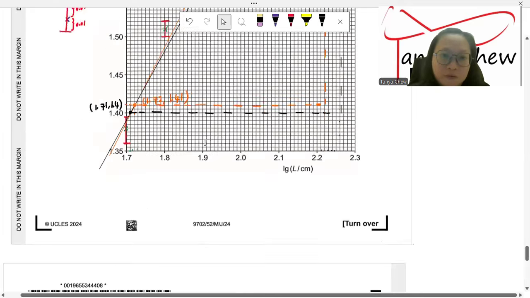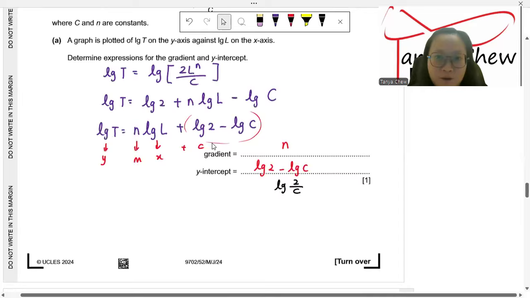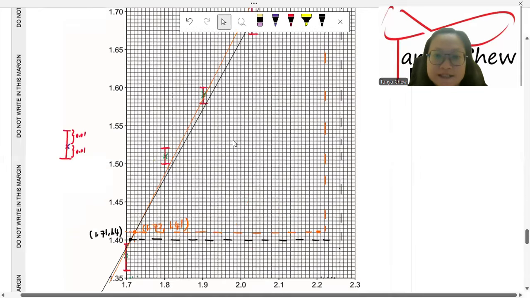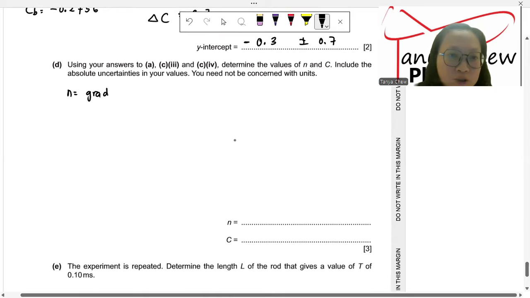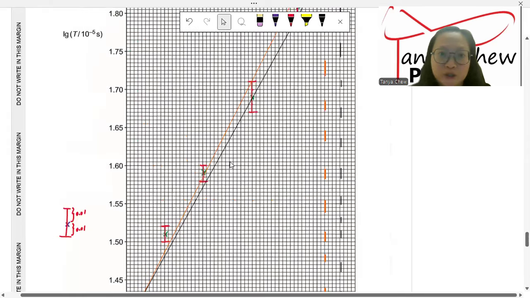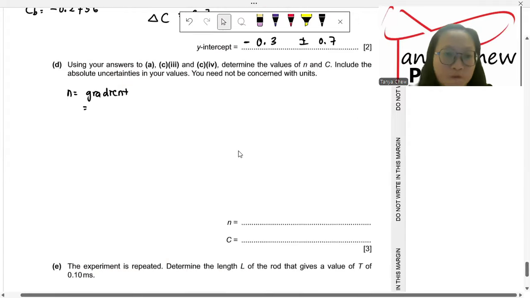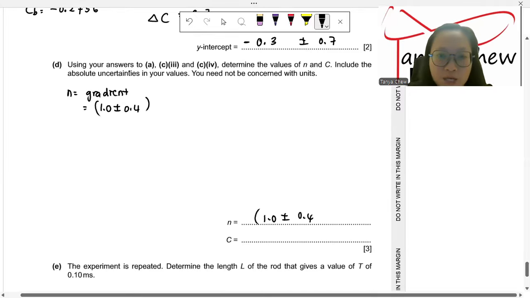Right, now, I have to look at my value of N here. The gradient is N. That is why N is equal to my gradient. Just put the gradient and include the absolute uncertainty. So this is 1.0 plus minus 0.4. They ask us to not be concerned with the units. And then what about